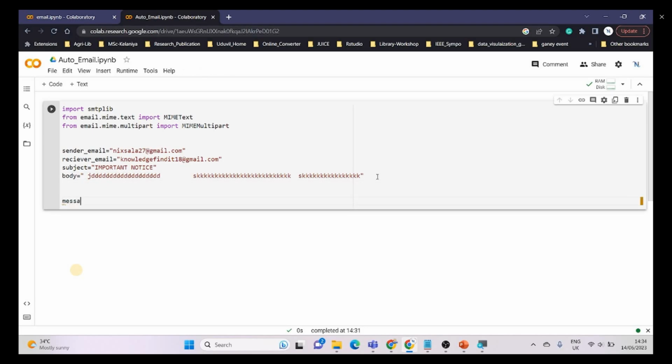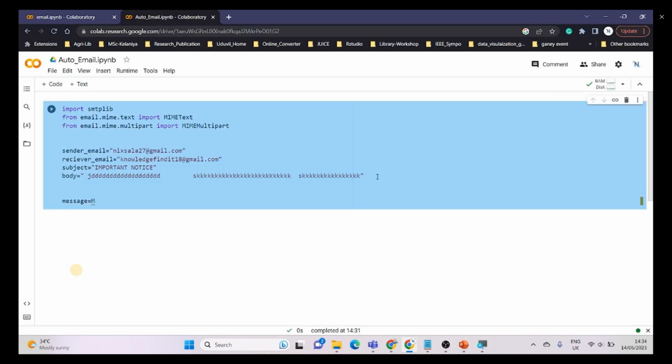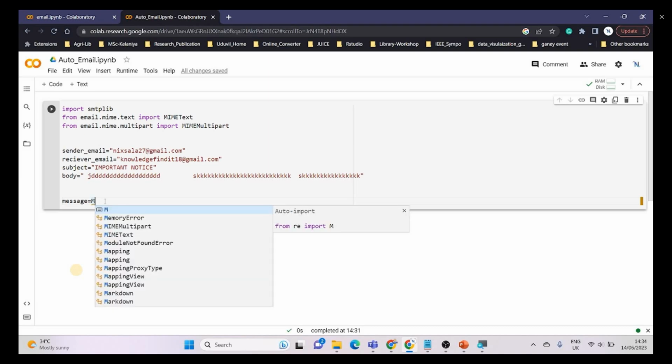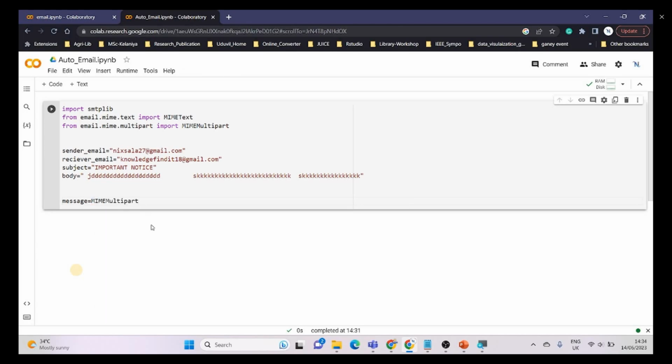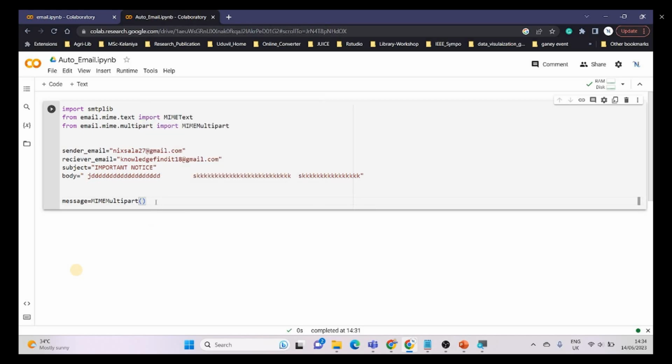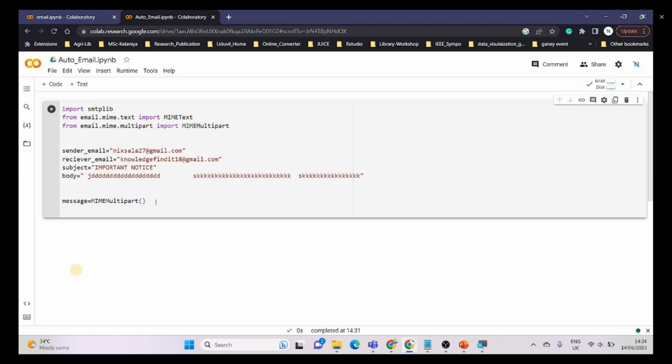Then I need to declare the multi-part, which means I need to concatenate the sender email, receiver email, subject. So here I need to pass the multi-part. Here I am assigning the message equal to the MIME multi-part function. So I have created the object upon this function as message, and here under this function I am going to pass